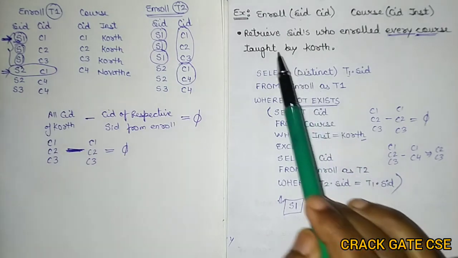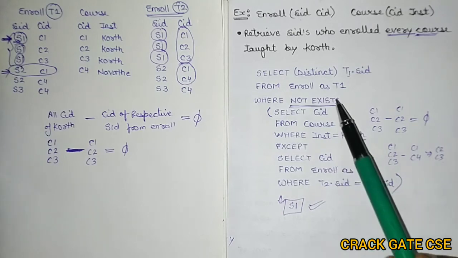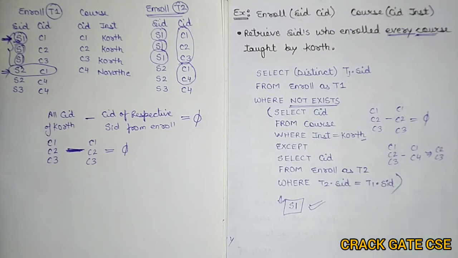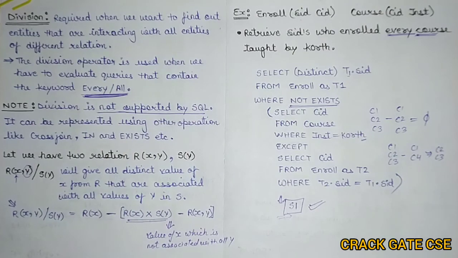Another kind of question is, they will give you this particular query and they will ask you how many records or how many rows we will get as an output by executing this particular query. So if this is the question, that how many records are possible by executing this query, the answer will be 1, because we are getting 1 record as an output. So these 2 kinds of question can come in your exam, whether it is GATE, NET, PSU or any competitive exam where database is a subject. So I hope you got an idea of how we can perform the division operator using the SQL query.